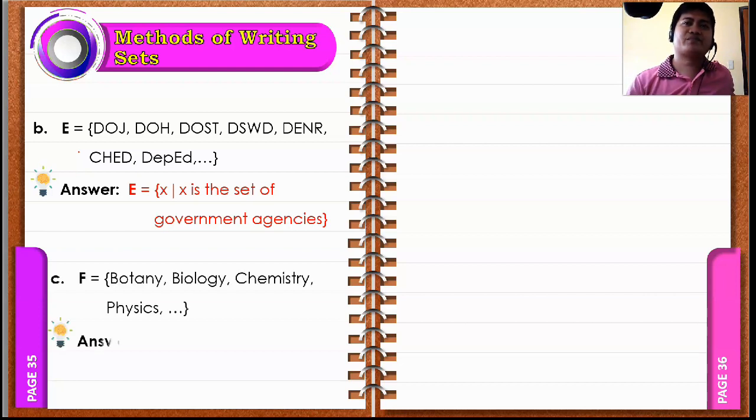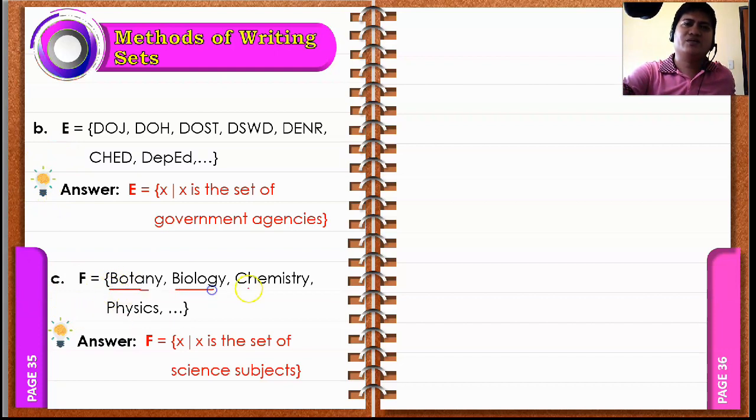Another one, we have botany, biology, chemistry, and physics, dot dot dot. So obviously, these are branches of science, or science subjects. So this is a set of science subjects: botany, biology, chemistry, physics, and so on. So that is how to write